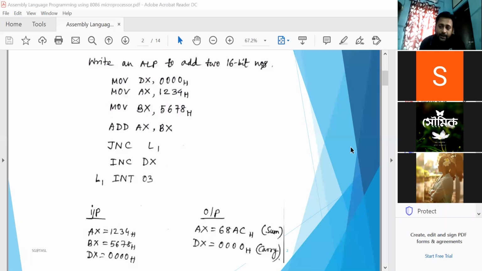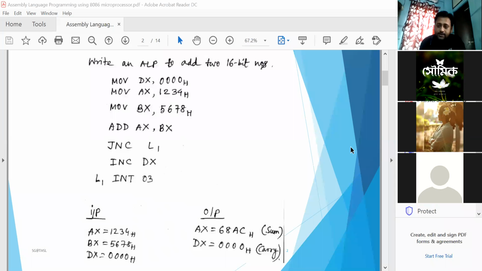Several restart interrupts are available, RST0 to RST7, and among these we used RST3 to stop the program or break the execution of the program. In the same way, in 8086, we can use INT 03 as a software interrupt, which is used as a breakpoint interrupt, which breaks the sequence of my program.